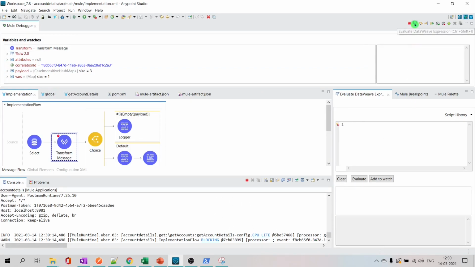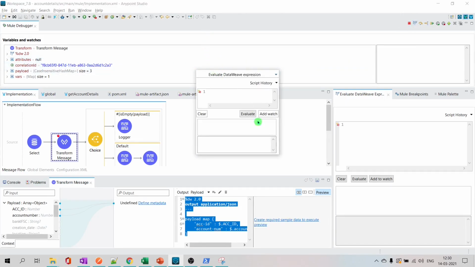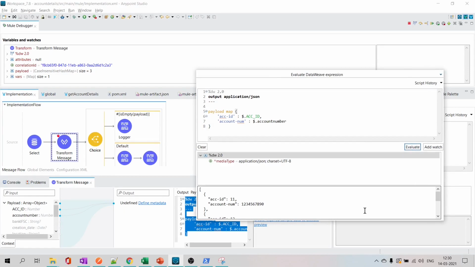I want my DataWeave script to be tested against this event here, a real-time event. What I do, I click on this. This is an x plus y equals something like equation next to your terminate button. So click on that. It pops up this DataWeave script window. I put my script here and evaluate. This is being evaluated against your current Mule event here.